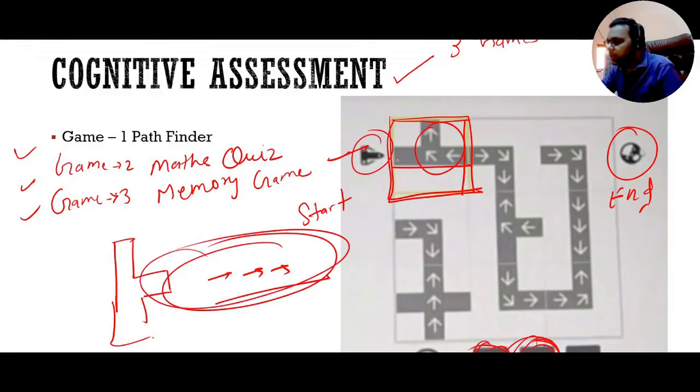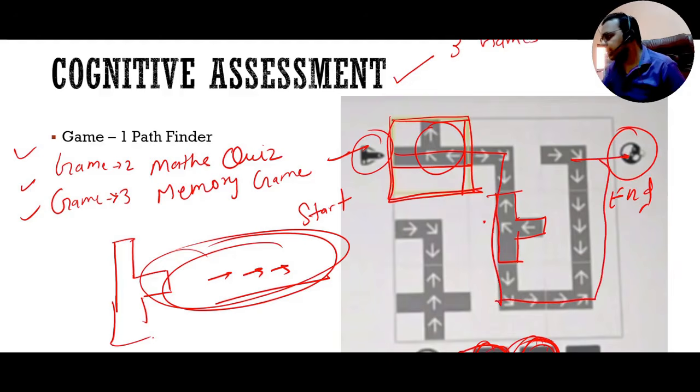Okay, so that's how you need to select the different blocks. Suppose you click on this block, it will select this part. Now in this part you can either rotate it or change the direction. It totally depends on you which operation you want to perform to change the direction of the arrows, because we want to make a path like this: down, then up, and then, okay, this kind of path we want to draw.